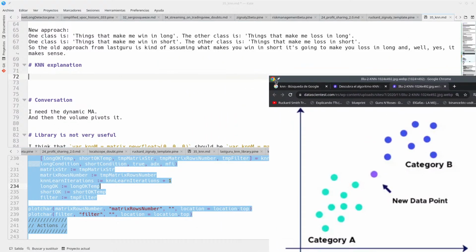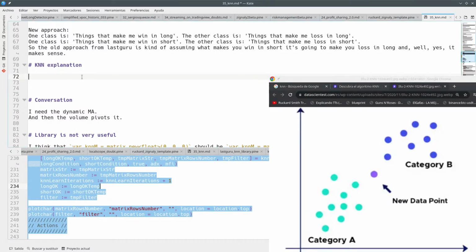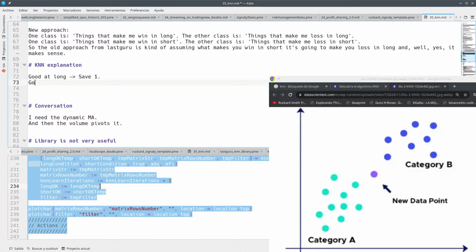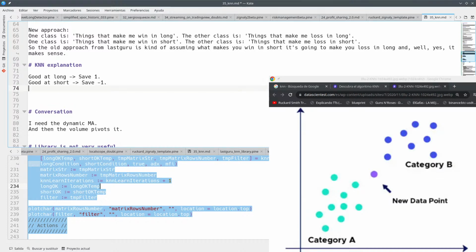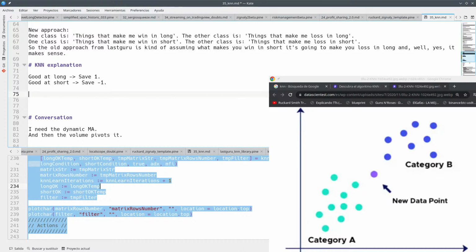Okay, let's move this so that it's above the other ones. So the idea is the following one. It's not exactly what the original script does, but the idea is good. Good at long, then I save 1. Good at short, then save -1. Okay, so all the green points